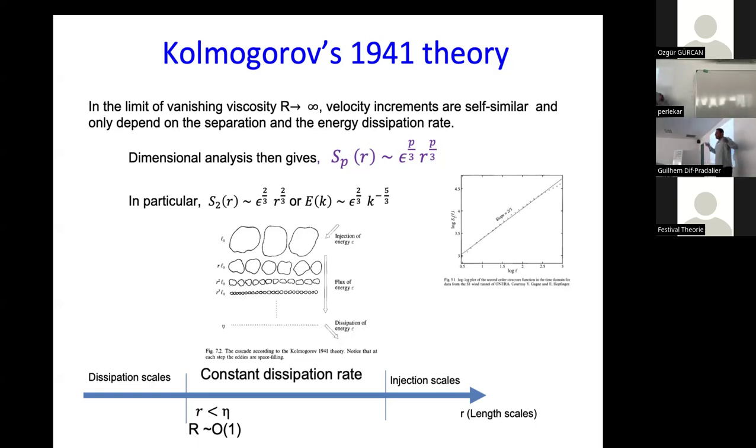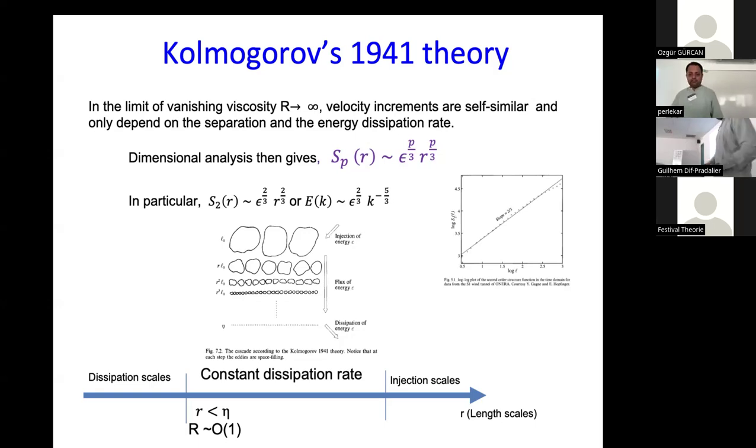But that's what people typically think: that there is a flow structure, some large scale flow structure. In each stage, this eddy is getting broken into smaller eddies in a self-similar way. And while this process is going on, what one assumes is that the energy flux is maintained constant across scales. So you inject some energy, it goes from one scale to another scale to another scale while maintaining constant energy flux. And eventually you go to small enough scales where it gets dissipated.